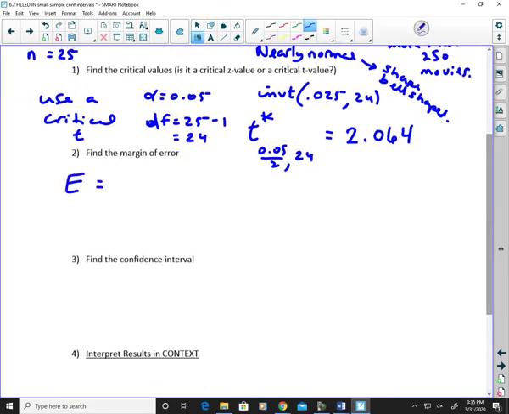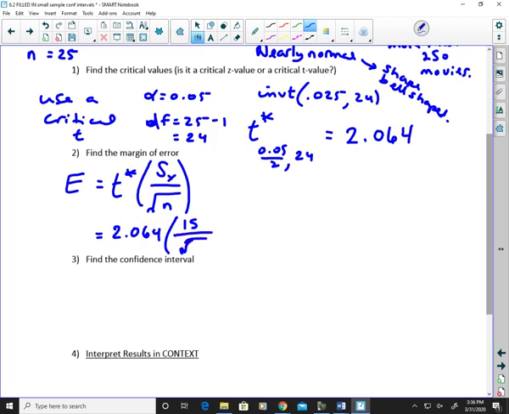My error will be that critical T times the standard deviation of the sample, divided by the square root of n, so that's correcting it. And actually, we can do that calculation because it's independent that we're able to do that, just so you know. Then we had 15 as the standard deviation, and we had 25 movies, so I got to bring 25 back into action. And that gives me an error of 6.192 minutes,